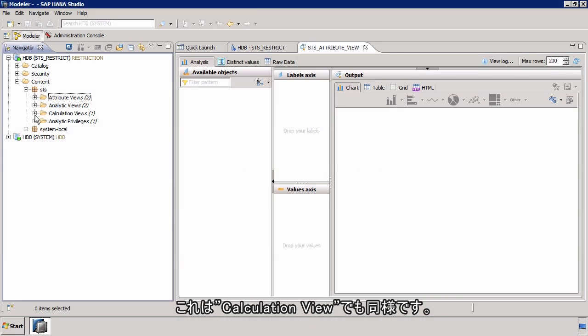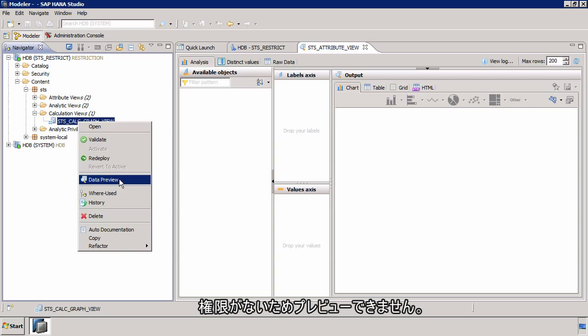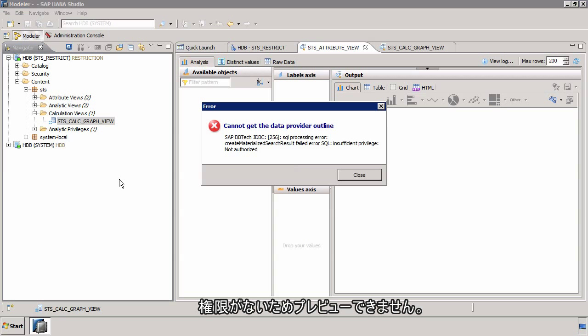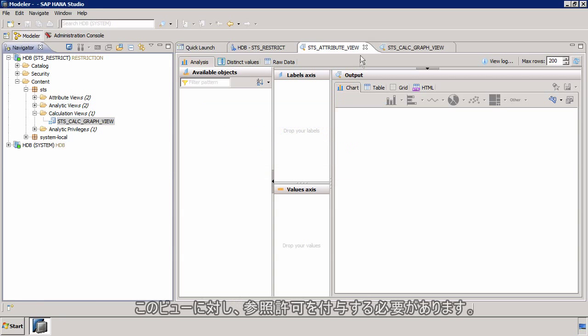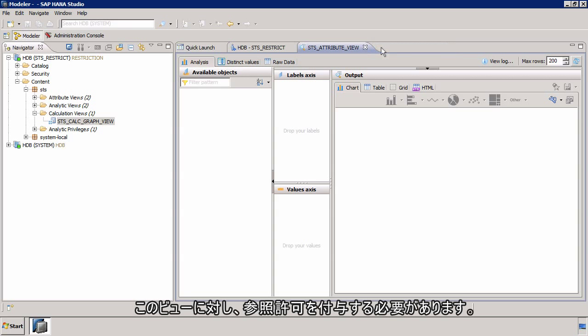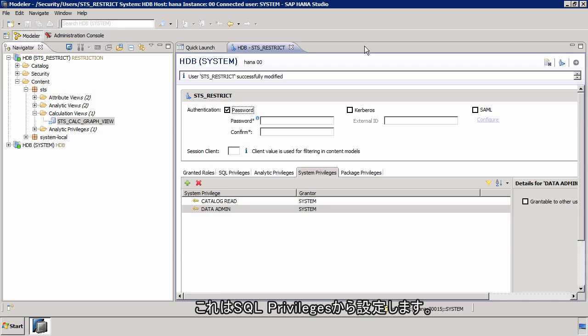Unfortunately, the same applies to the calculation view. If I try to do a data preview, we have no authentication. So it looks like we have to give read-only access to that view. We can do this in our SQL privileges,